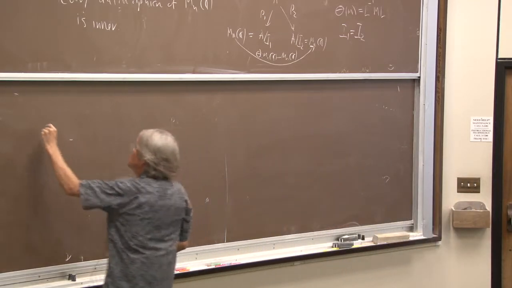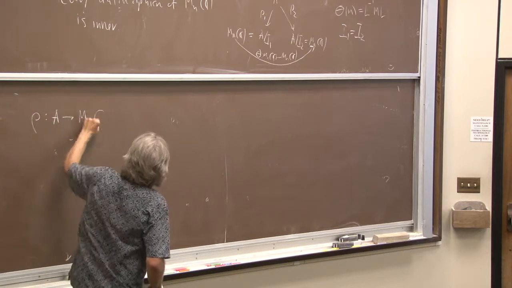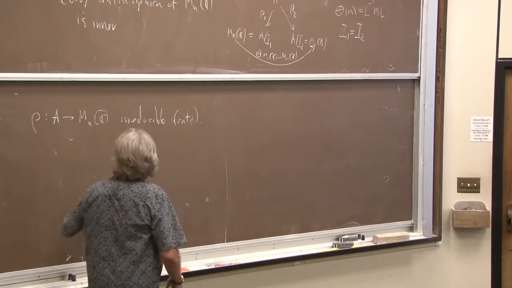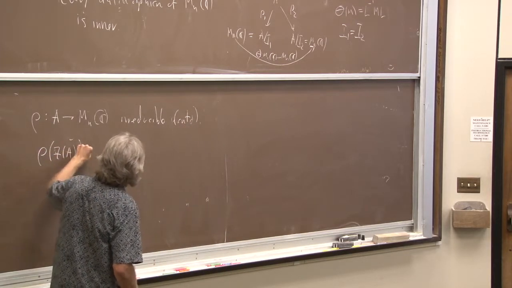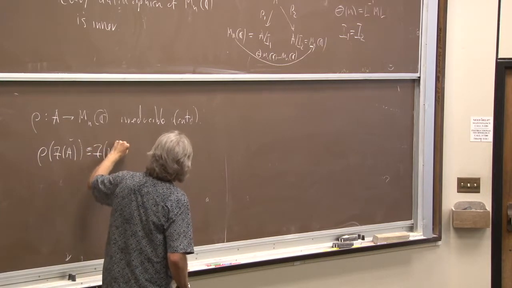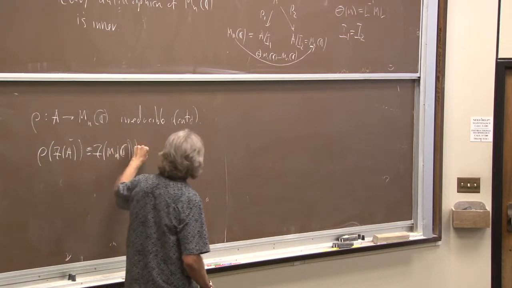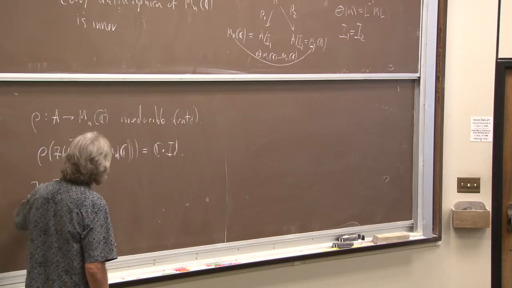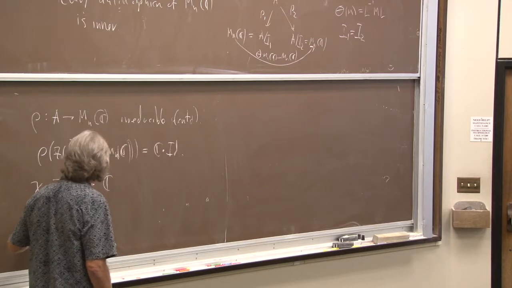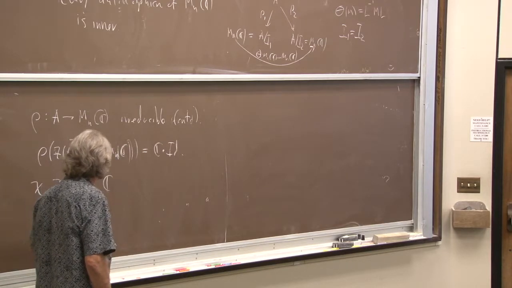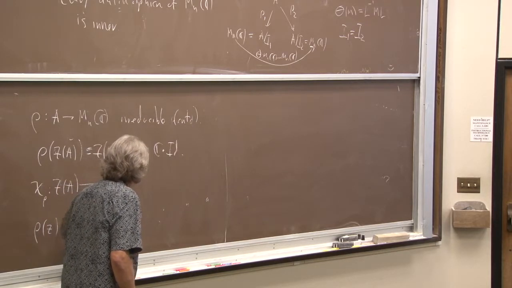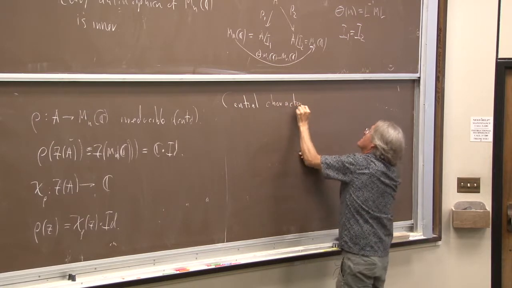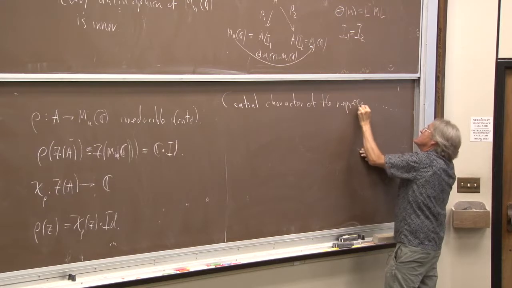So now, suppose rho goes from my algebra to M_n(C), and it's irreducible, which just means onto. Well, that tells me that it takes the center of A into the center of n by n matrices. But the center of n by n matrices is just complex multiples of the identity. And so then there exists a function from the center to the complex numbers, so that if I apply rho to an element z of the center, then I'm getting chi of rho applied to z times the identity map. And that is the central character